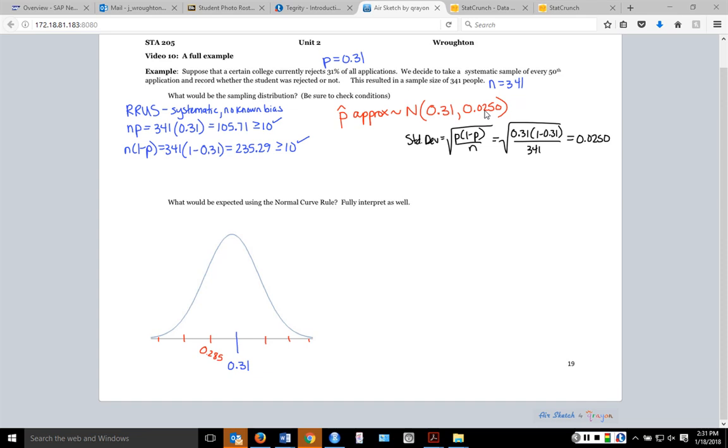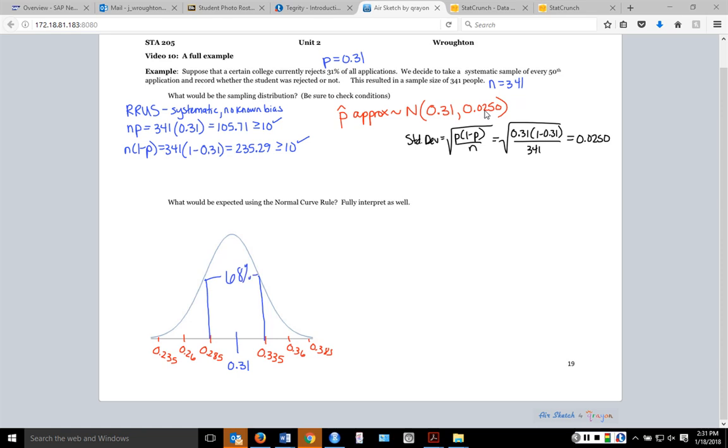So I'm going to subtract off my 0.025, subtract it off again, subtract it off again, and then just add it in our other direction. And so again, what I know is if I go 1 standard deviation out, that gets me